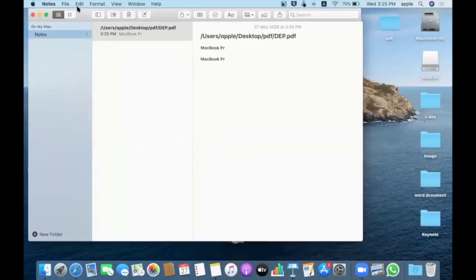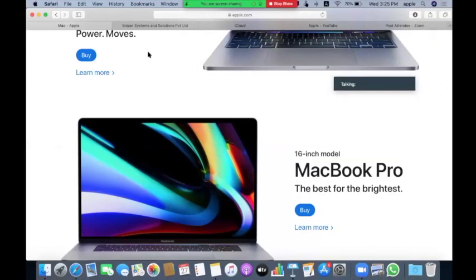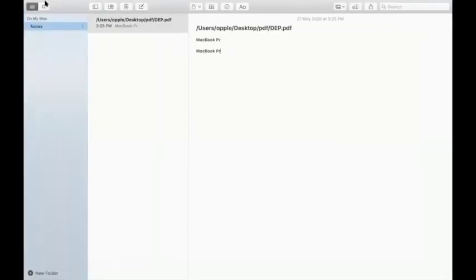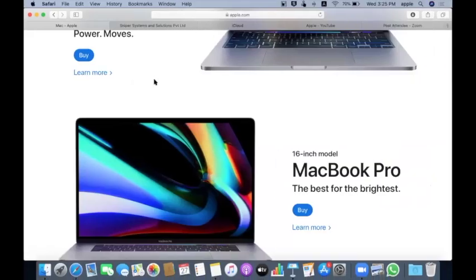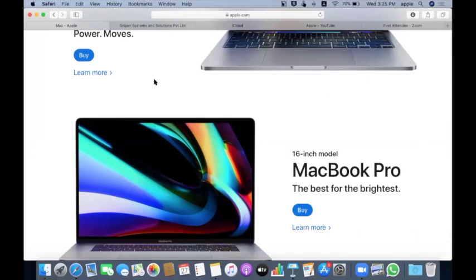Another advantage is you can use full screen version also. When you're using two applications, switching between them will be much harder. You can use the full screen option, and you can swap between the applications easily using your trackpad. You can swap between the desktops.